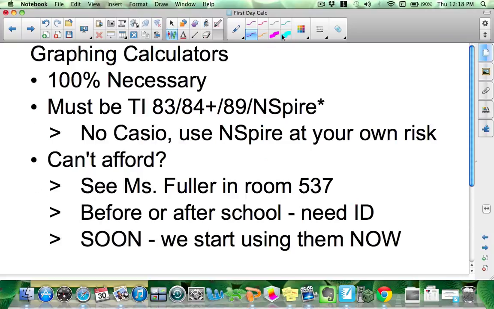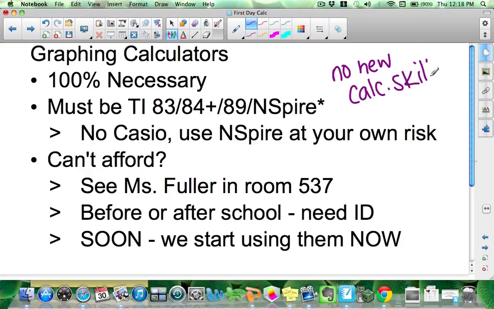You know this from Calc AB, but a graphing calculator is 100% necessary in this class. Probably you'll be able to use whichever one you used last year. Needs to be a TI 83 or 84, a TI 89, or a TI Inspire. The Inspire, if you used it last year, then by all means continue using it. I say use the Inspire at your own risk because I don't really know how to use the Inspire. We're not actually going to learn any new calculator skills